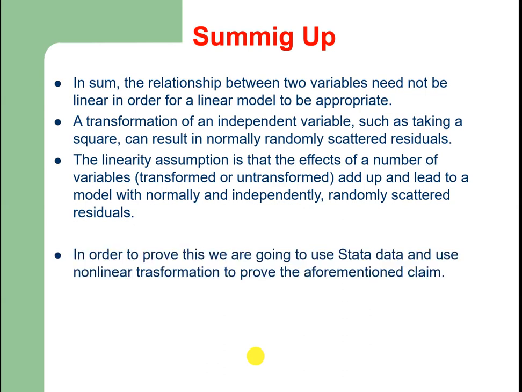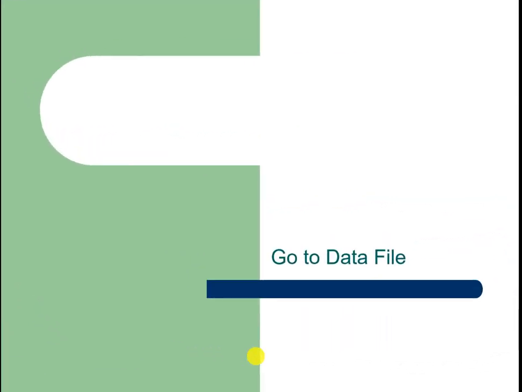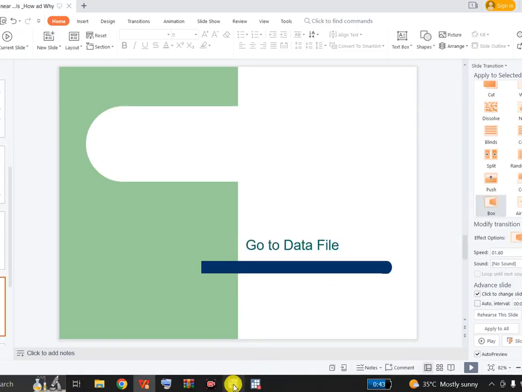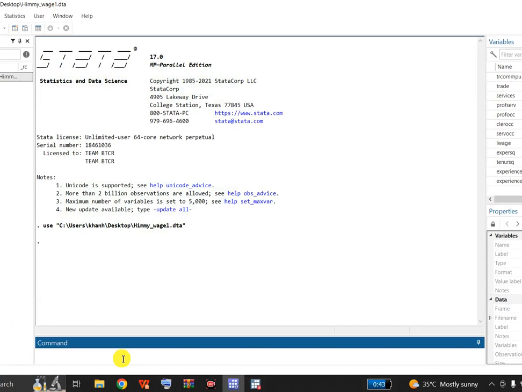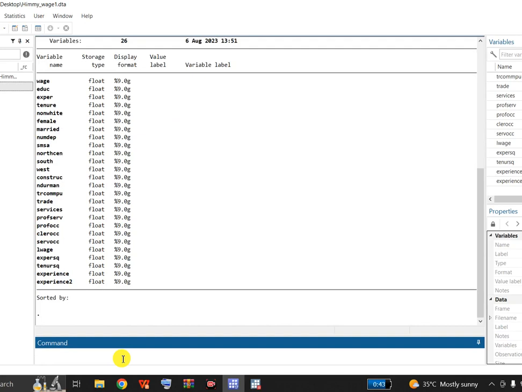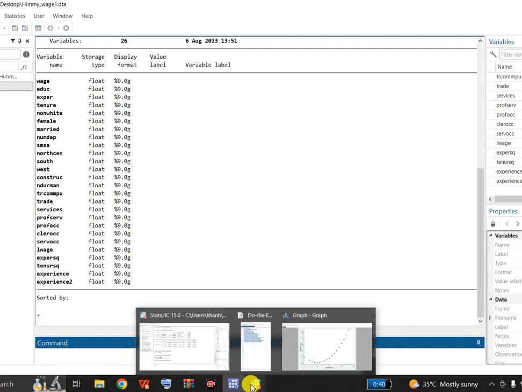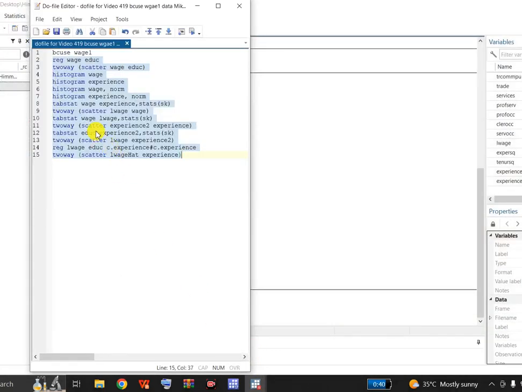In order to prove this, we are going to use Stata data and use the nonlinear transformation to prove the aforementioned claim that it will improve the results or the output of the regression model. So, to do that, let us open Stata, and here I have already opened my Stata file. First of all, I would describe this data, and there are a number of variables. To do this, I have already made a do file, so